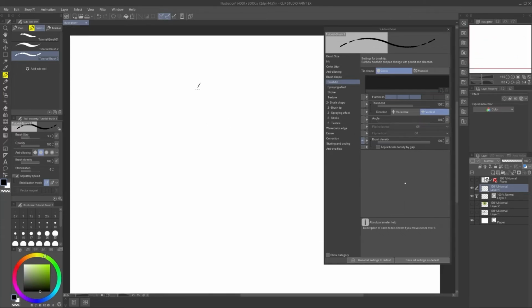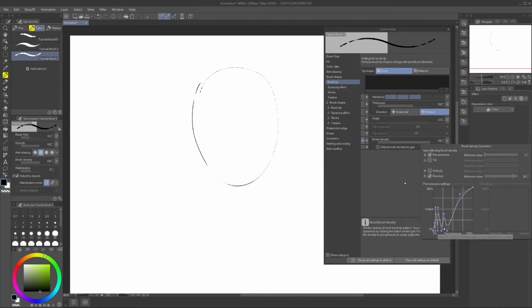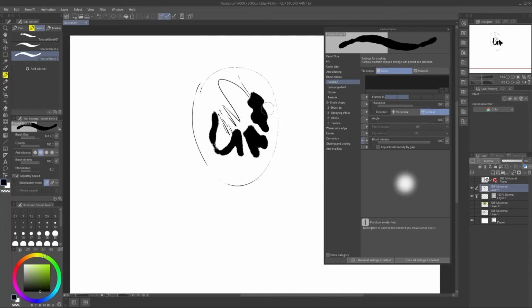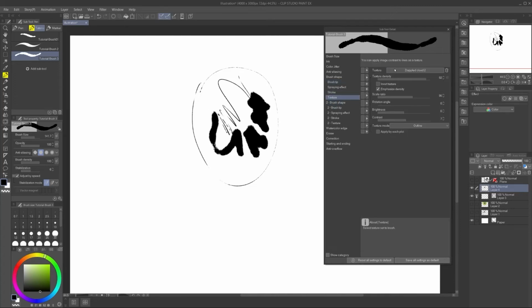So I'm very satisfied with the result of our Fineliner brush, because it has this certain texture to it, which you only get with traditional media, but it also doesn't deny that it is a digital brush. And that's what I really like about it. Yeah, you see, if you modulate the brush,